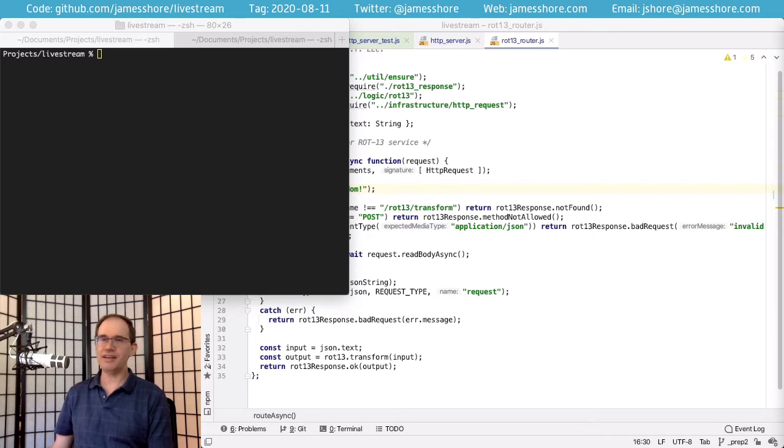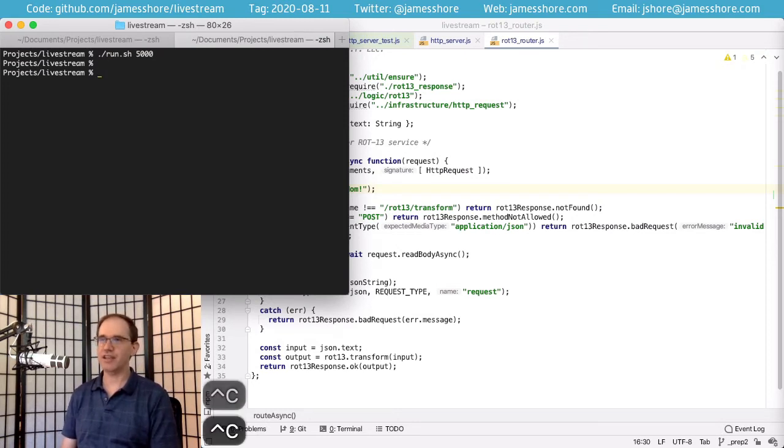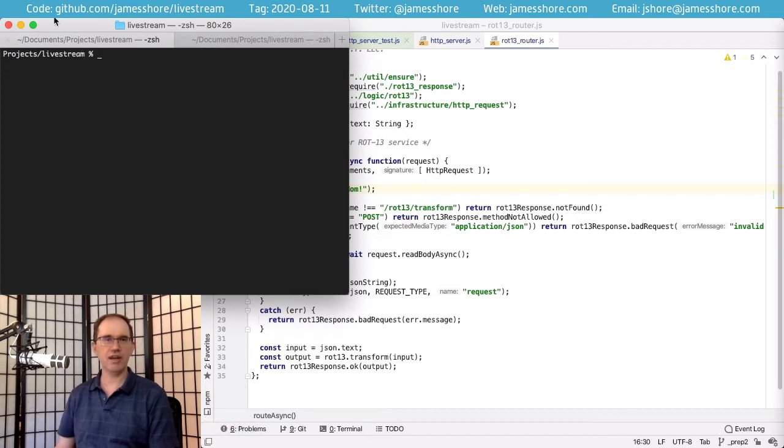So here we are. I've got our microservice code running. So if I run it, I can run it with run 5000. And actually, that reminds me, if you'd like to follow along, again, you're going to check out github.com/jamesshore/livestream. Check out the tag 2020-08-11. You'll need node.js installed. And after that, everything is vendored in. You can run the build by doing ./build.sh or just build on Windows.